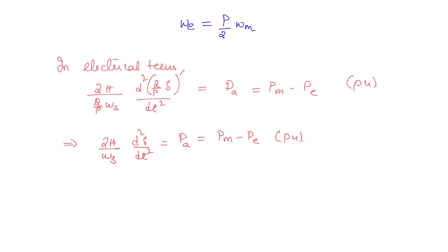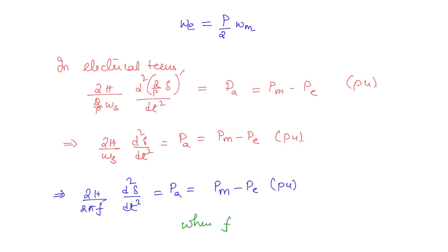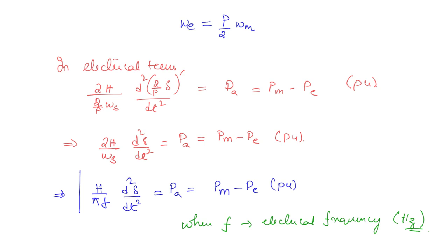So here you are going to get 2H by 2 pi f d square delta by dt square, which is Pa, which is equal to Pm minus Pe in per unit. Here f is the electrical frequency and the unit is going to be hertz. Here you can see there is 2 in the numerator and denominator, right? So you can simply write as H by pi f. Okay, so this is the equation,